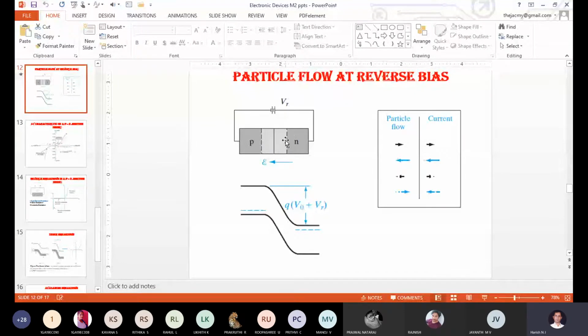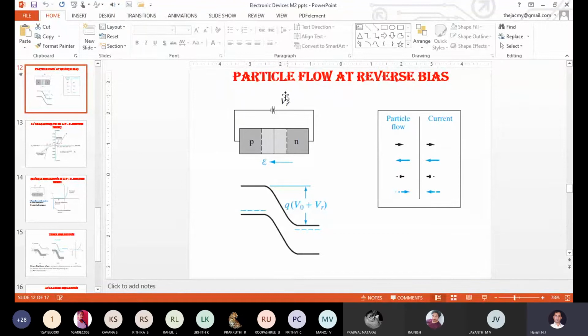At the same time, all the negatively charged carriers from the N side are connected to the positive terminal of the power supply. Here also an attractive force is initiated. When the force of attraction is initiated on both sides, all the positively charged carriers start moving towards the negative terminal of the battery, and all the negatively charged carriers start moving towards the positive terminal of the battery. Correct. And finally, there is no ion movement across the depletion region because both types of charge carriers are moving away from the barrier.